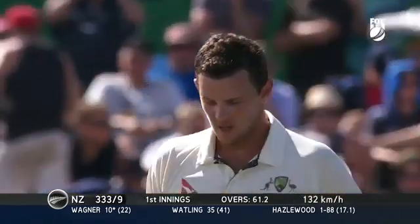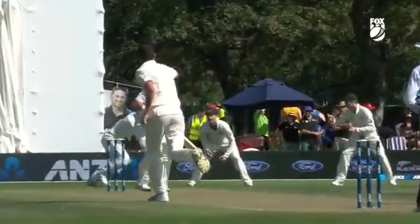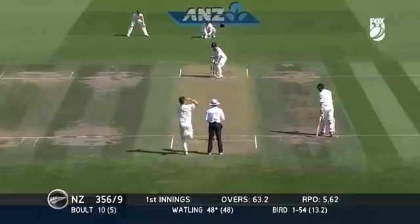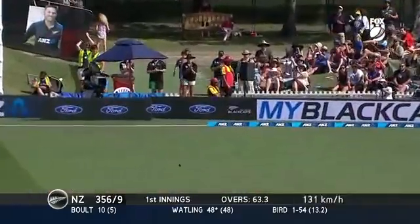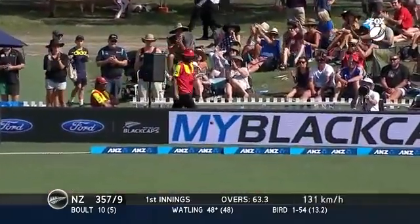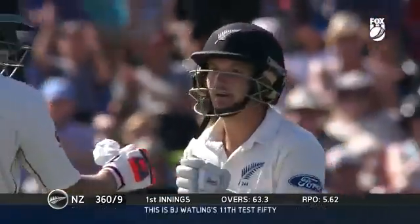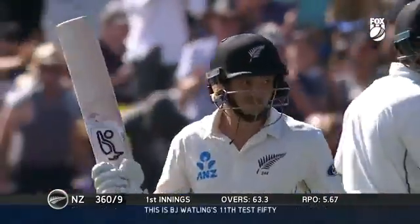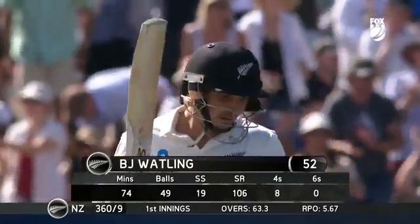Beautiful piece of bowling. We'll be interested to see if this seams Neil Wagner's outside edge. 3-3-3 for 9. Oh, that's going to hurt. Doesn't matter how you get him, but that'll bring up the 50 for BJ Watling. And the 360 comes up for New Zealand. He's played well, BJ Watling. 49 balls and...